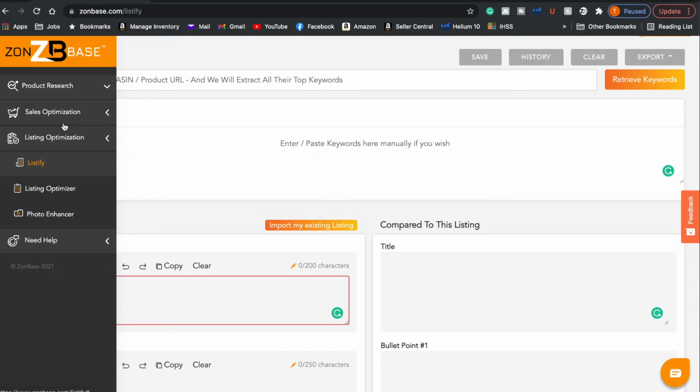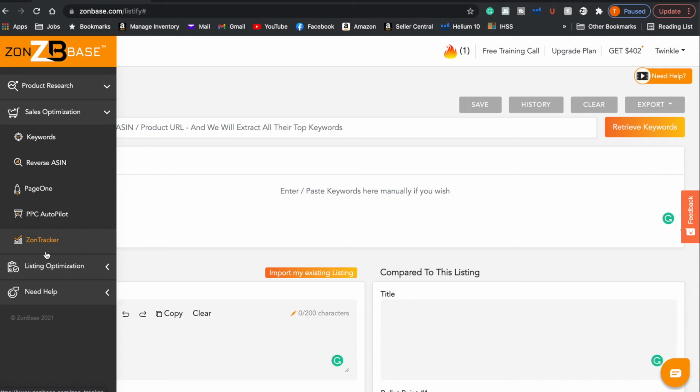I know that selling on Amazon, you're introduced to a lot of things that you have to learn about, such as listing optimization or validating your product, making sure that your product is going to be successful, or has the potential to succeed on Amazon, or even PPC, which can be a very overwhelming task for many Amazon sellers, because PPC is very complex, and it can take a while to really grasp the concept of PPC or optimizing your campaigns. So what Zonbase also does is that it has integrated services in which you can get help from professionals and people who are Amazon